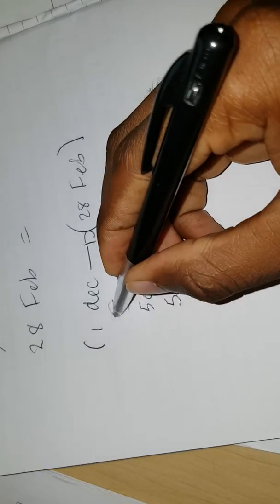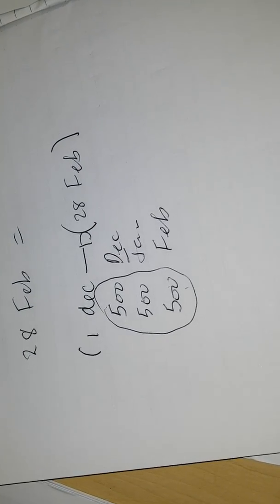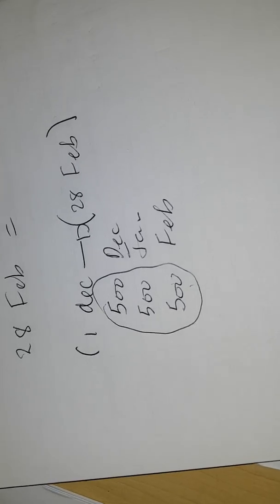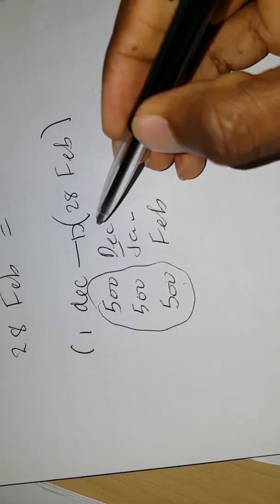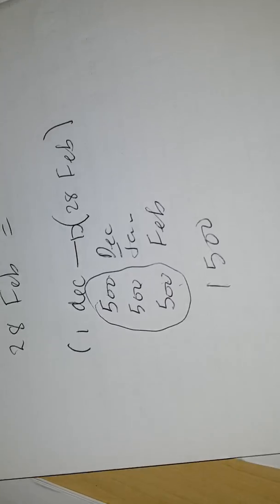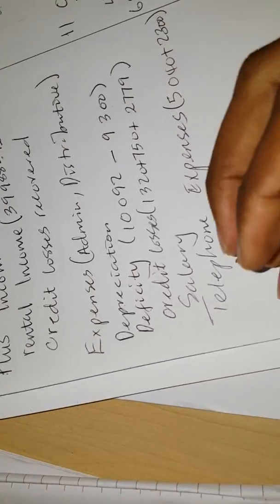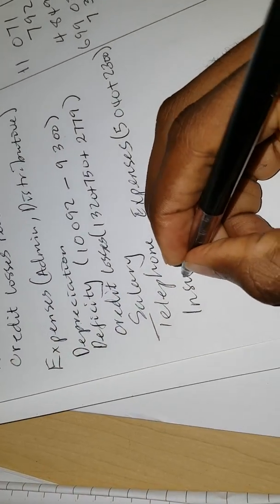So it means our insurance for these 3 months which was outstanding is 1,000, which was paid in advance. So for December, January and February is 1,500. So we'll come and say how much was the insurance for the year? It was 5,490. So on insurance we'll say insurance